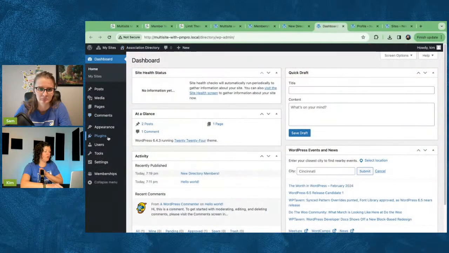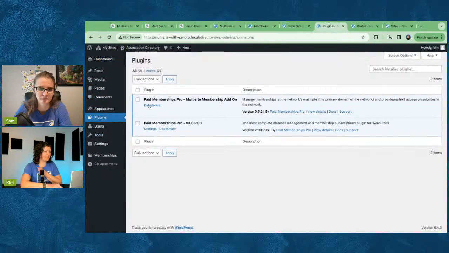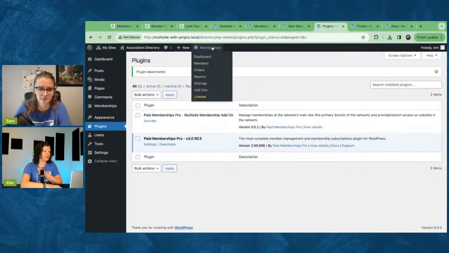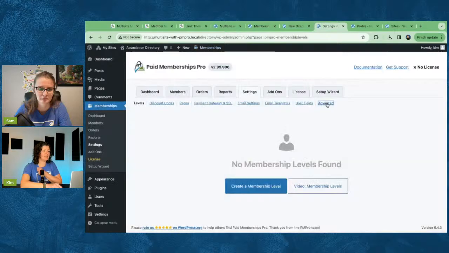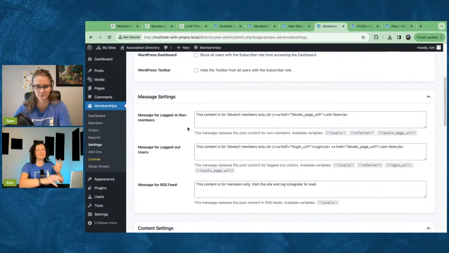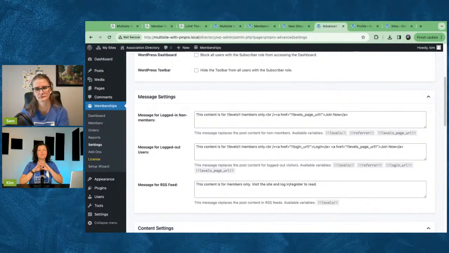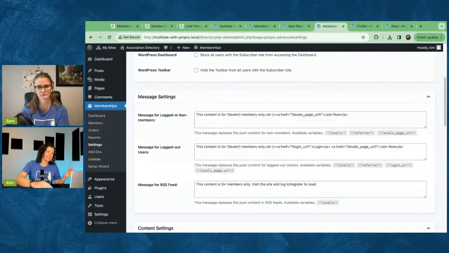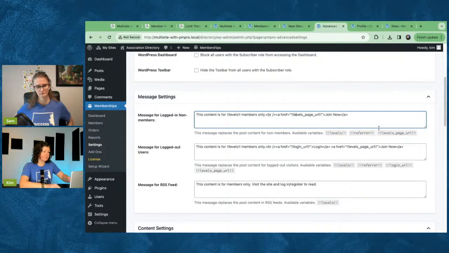But right now, what you'll want to do is deactivate the multisite helper on your subsite and then go to Settings, Advanced. And you'll adjust these messages. These get stored in the database of the subsite. So right now, there's really not a straightforward way for us to override them. We have some ideas, and these are add-ons we want to work on for sure to improve that experience. But if you can adjust these, you just want to point these at the main site's URLs rather than using these